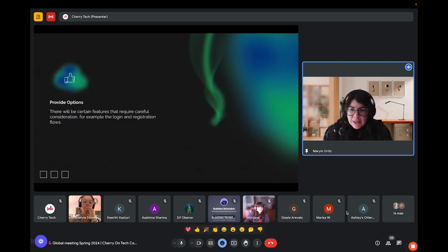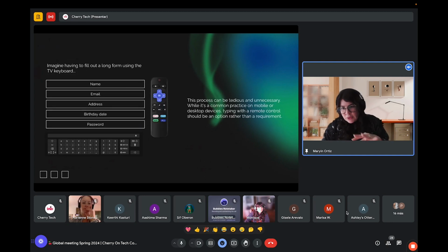And provide options. There will be certain features that require careful consideration, for example, login and registration flows. And I provide here a use example. Imagine having to fill out a long form using the TV keyboard. This is the TV keyboard, and you're using just your remote. And you will need to fill in your name, email, address, birthday, password, and even more. So this process can be so tedious and